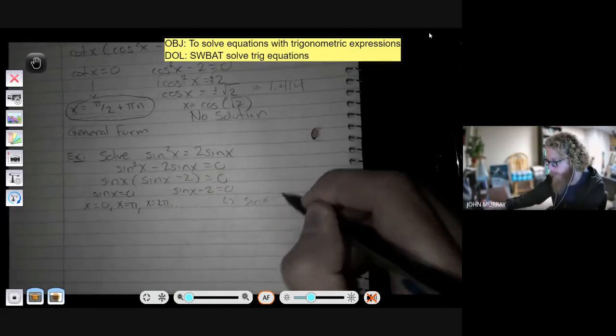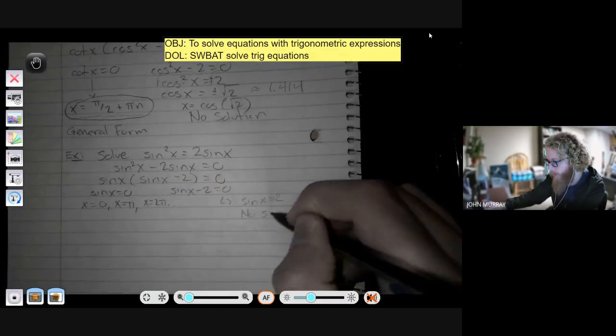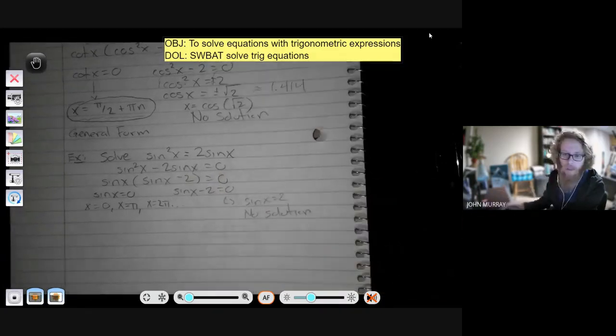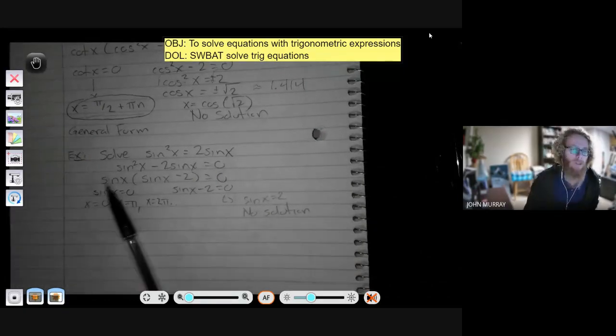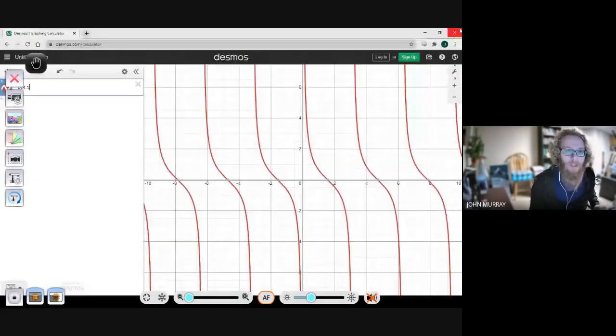Here we encounter a similar problem. I get sine of x is equal to 2. Okay, so that's going to give us no solution. Now this one is a little interesting because if we just look at our basic equation,